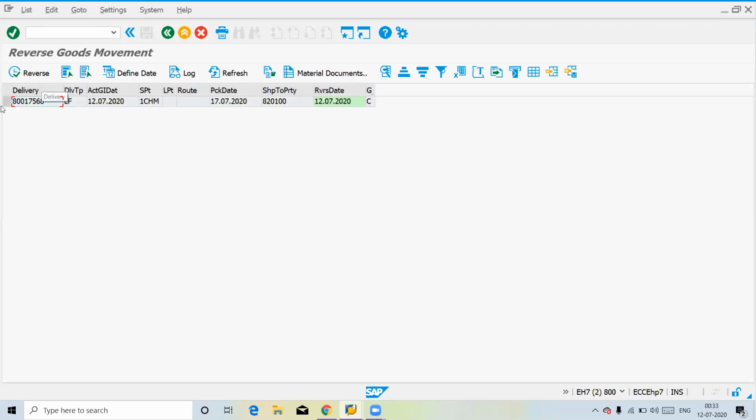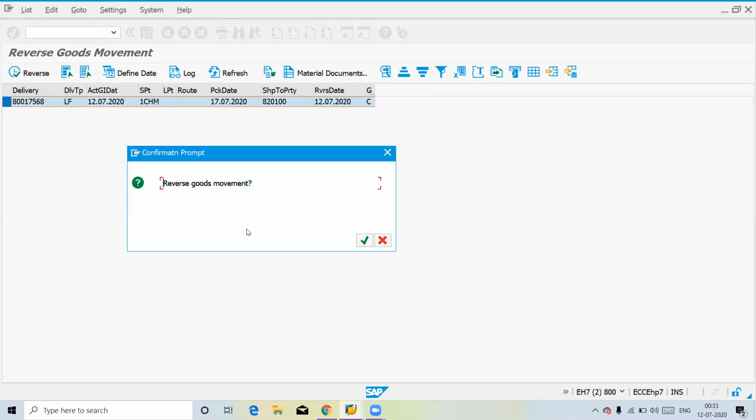Now see, whatever the delivery was currently created, you just select this and you see the goods movement status. You just click on reverse. Your goods movement will be reversed automatically.